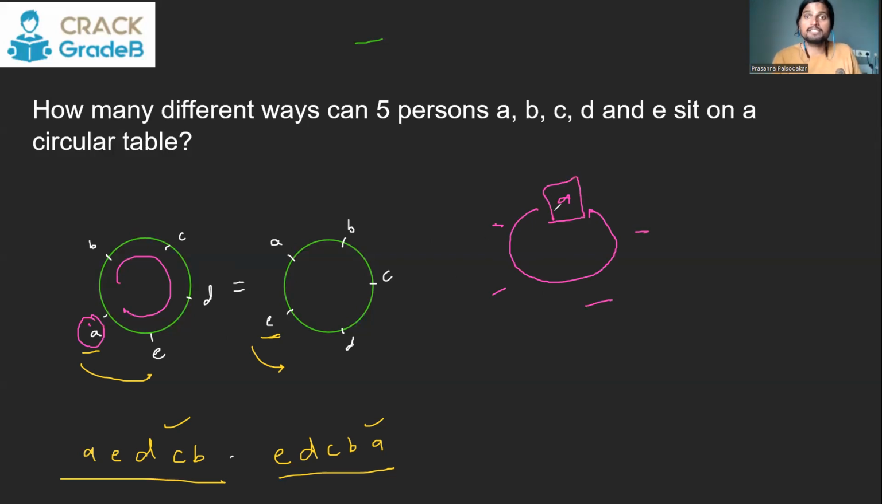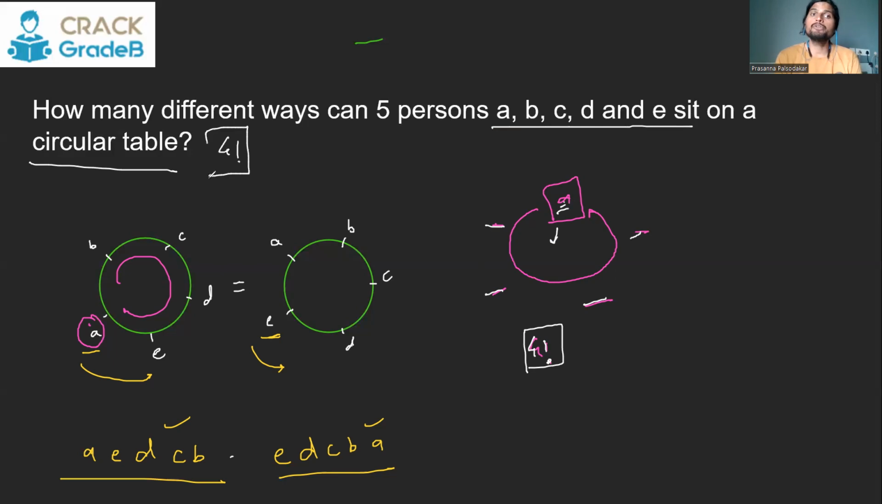So if A is fixed, the remaining 4 can be seated on these 4 positions in 4 factorial ways, because it is like a line now. There are 4 places in a line with respect to A. So there are a total of 4 factorial ways in which the 4 people can be seated on these 4 chairs with respect to A. And hence, for a circular table, if you have to make 5 people sit, there will be a total of 4